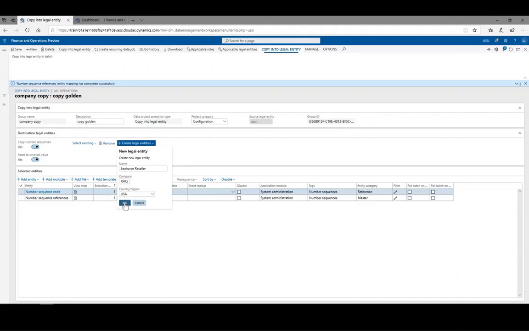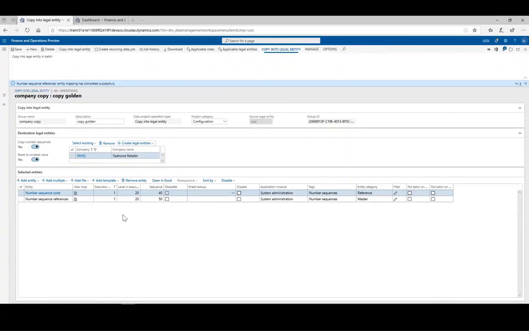Click OK. Now, Dynamics 365 for financial operations starts creating a new legal entity. Now you can see the new legal entity SRHQ is created, and I can now select entities to copy